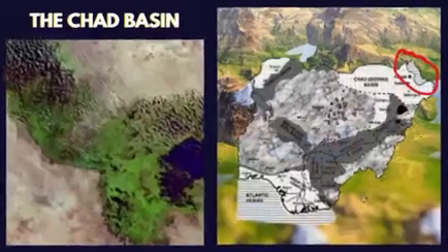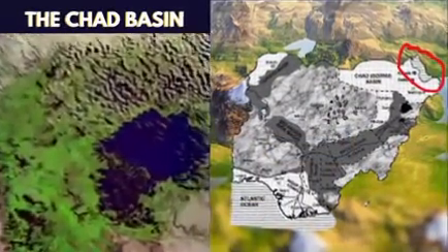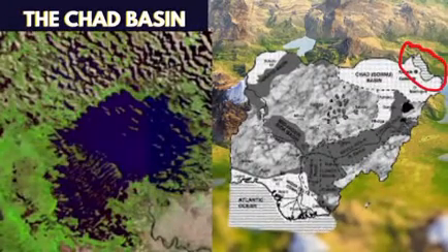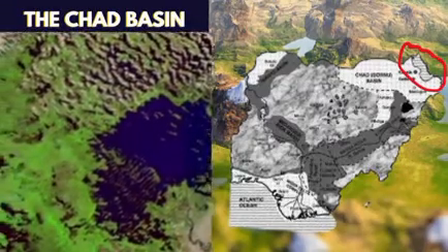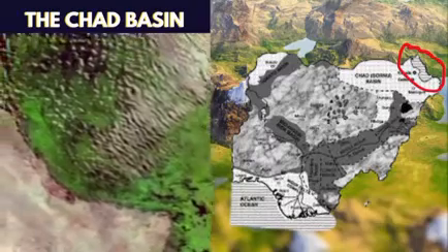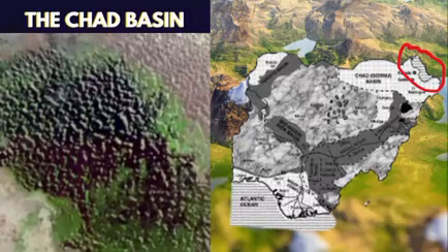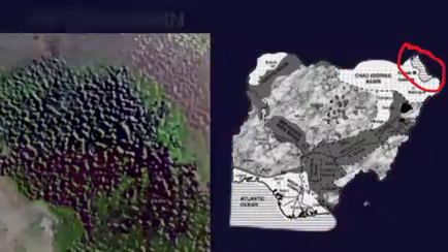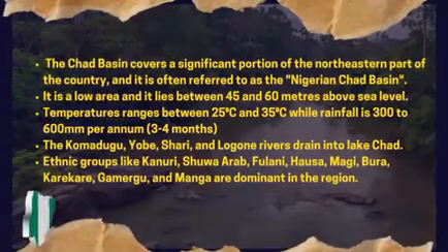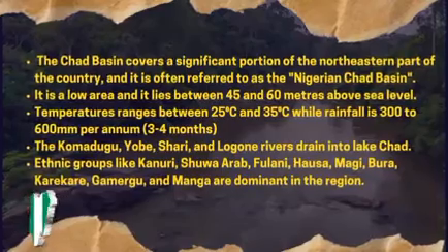First and foremost, the Chad Basin. It is located in the northeastern part of Nigeria and covers about 13,000 square kilometers. The Chad Basin is generally low, between about 45 to 60 meters above sea level. Here we have places like the Komadugu-Yobe, the Shari, and the Logone, and most importantly, they drain into Lake Chad. The temperature ranges up to about 25 degrees, and rainfall is quite low